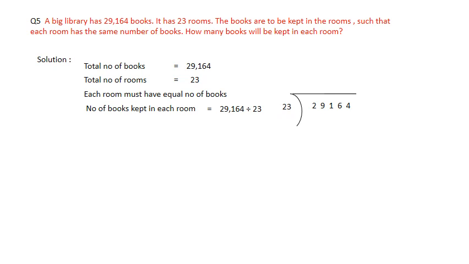Now if you say 23 is very close to 29, so directly we can take 23 ones are 23. So what are you getting here after subtraction? You are getting 6. Now what will we do? We'll bring this 1 down. Now this is 61. Now see students, what I have told you, not to look at the ones digit. Let's come to the next one, 2 and 6. Now 2 how much is 6? 2 3s are 6. Let's take one number before. So 23 2s are 46. Let's try 3s. 23 3s are 69. But 69 we cannot take here because 69 is greater than 61. So we'll take 2s.